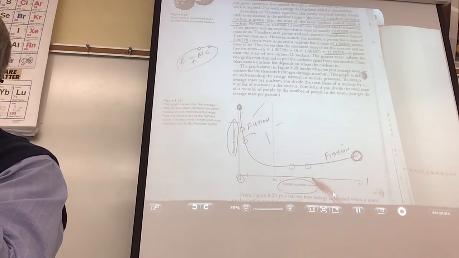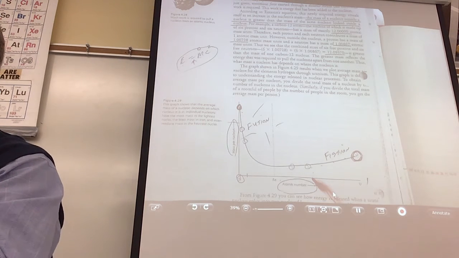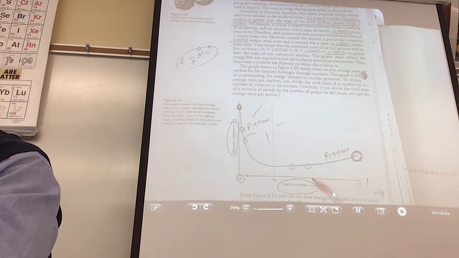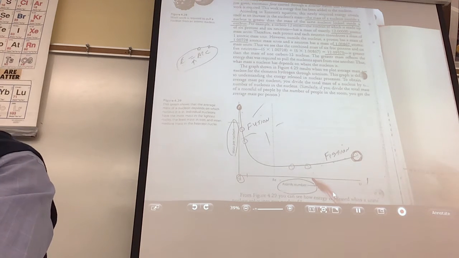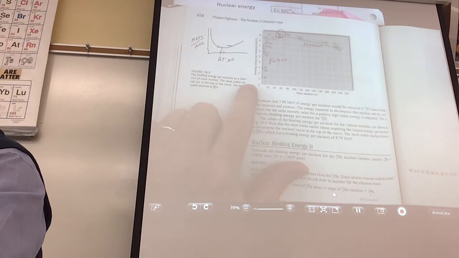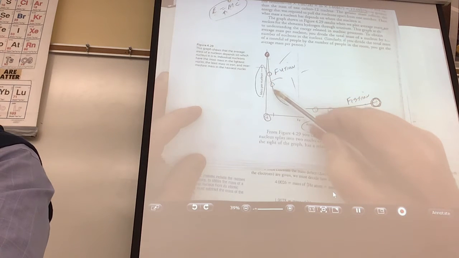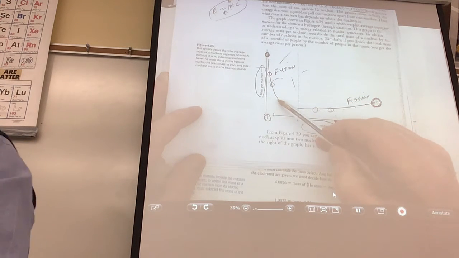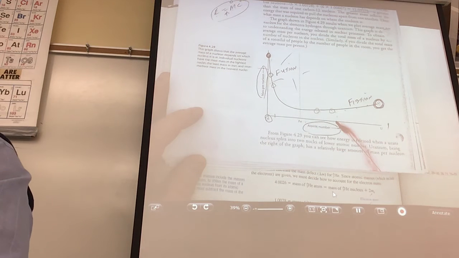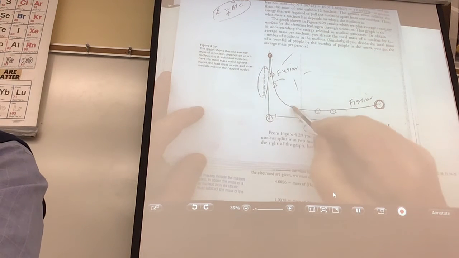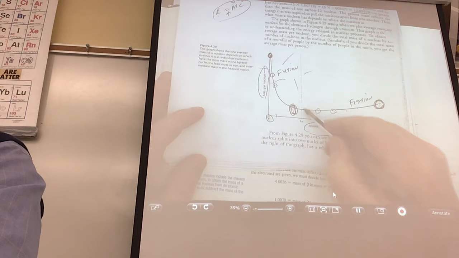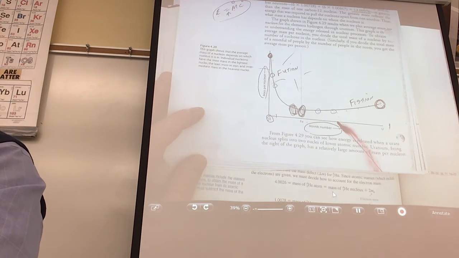What was that fancy word they used? Starts with a B. Binding energy. So you look at this graph. This is a graph of binding energy. As the mass per nucleon decreases, what did you do with all that mass? I'm using it to hold me together. So where are the most stable elements? They're right about here. See that? Iron. Iron is the most stable nuclei we know of.